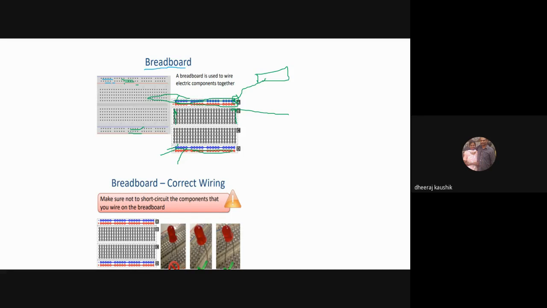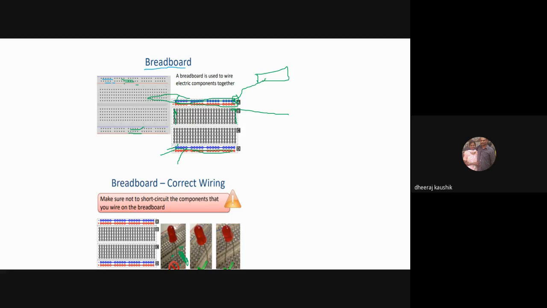So you can see an example here. This is the shorter lines of the breadboard, and an LED pin is connected to this part as well as this part. And as I've told you, in the shorter lines of the breadboard, this line is always connected in the same sequence. If you connect a single pin of voltage 5 volts here, then in the N2 you'll get a 5-volt supply. So now what happens is, indirectly the positive and the negative pins of the LED are connected directly. So this results in a short circuit.